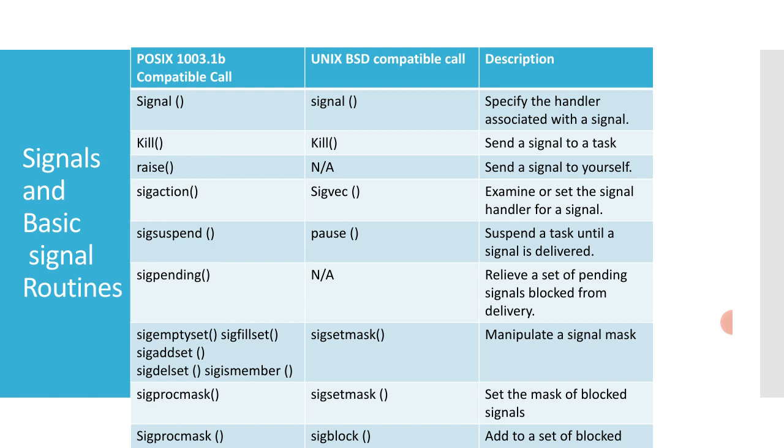The signal handler executes in the receiving task context and makes use of the task stack. The signal handler is invoked even if the task is blocked. We should note one thing: signals are more appropriate for error and exception handling than as a general purpose intertask communication mechanism. In general, signal handlers should be treated like ISRs. No routines should be called from a signal handler that might cause the handler to block.